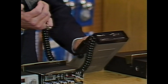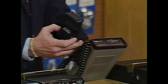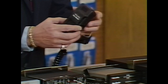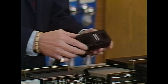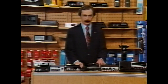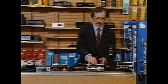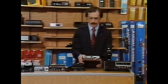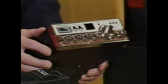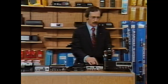has all the controls in the microphone, and the main unit can be mounted in a trunk, under the seat, or under the dash, and there is available through the mail center a 16-foot cord for extending the distance between the mic and the main unit. We also have the TRC 451, which is an AM SSB mobile, and this allows you to have 80 additional sideband channels not available on our other products. And of course, the versatile